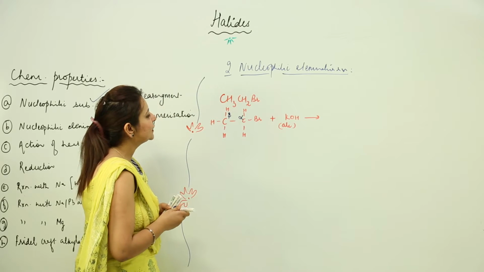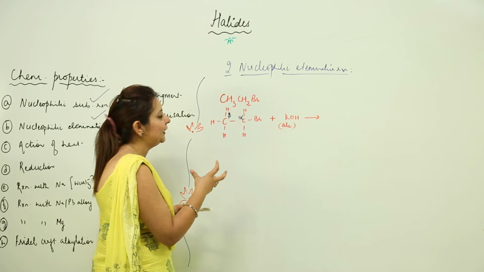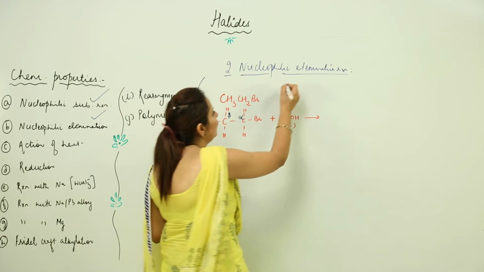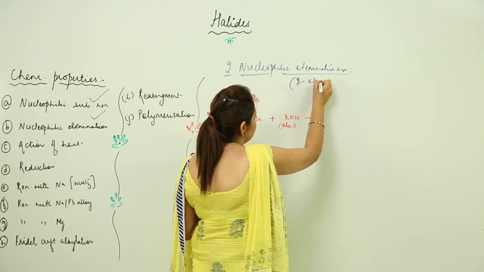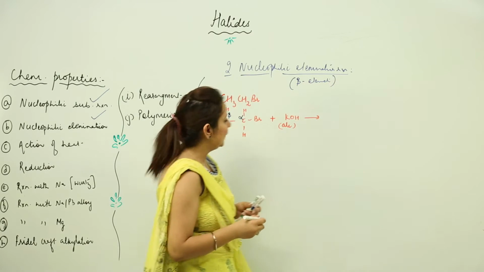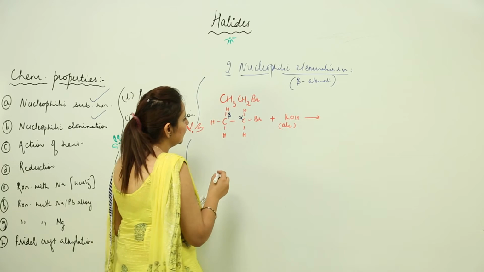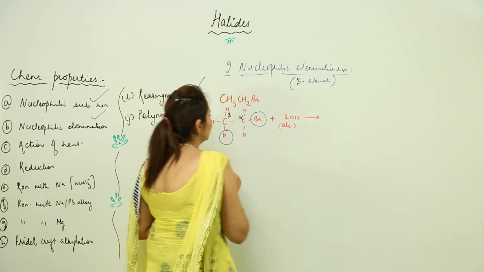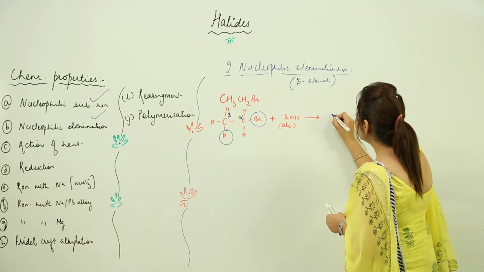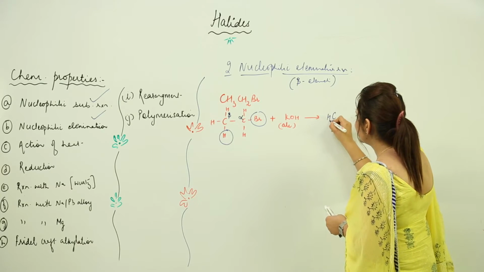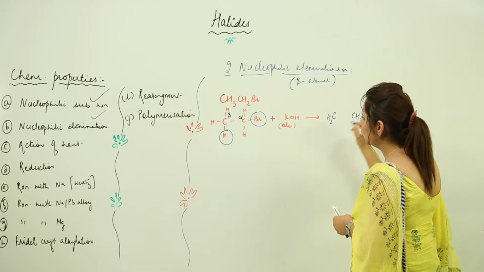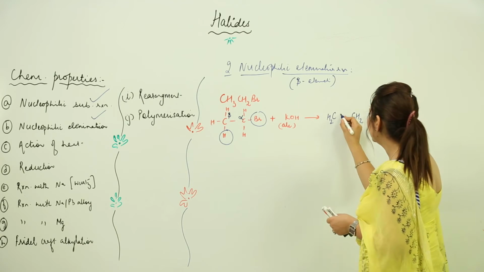Here we are going to remove one atom from the alpha carbon and one atom from the beta carbon. So this is a kind of beta elimination. We will be removing one H and one Br. Just look at the board. When one H is removed, it turns out to be CH2, and this becomes again CH2, because to restore the valency, we put a double bond.